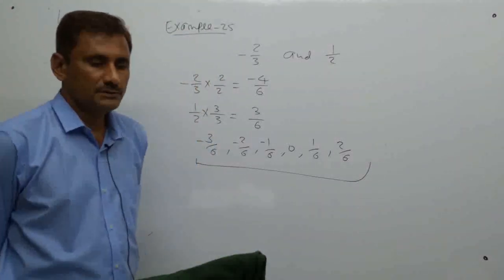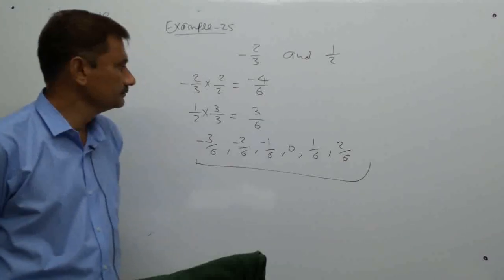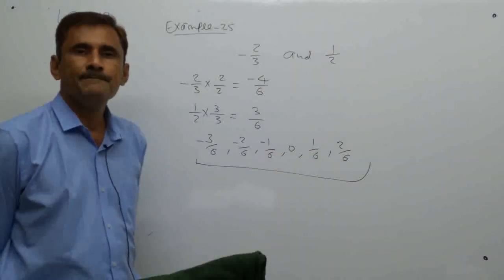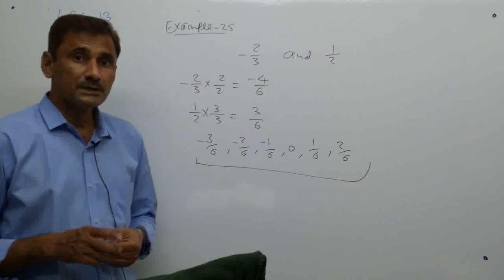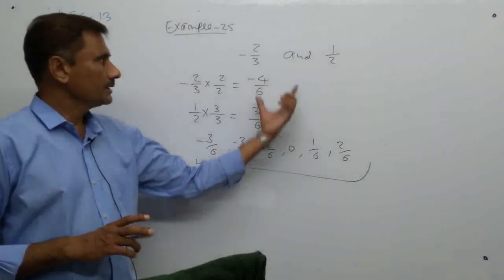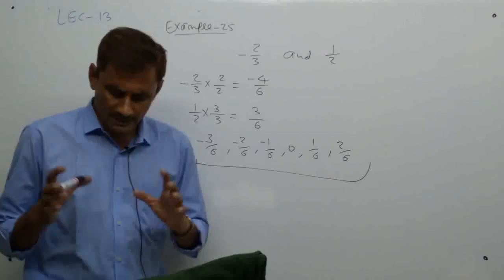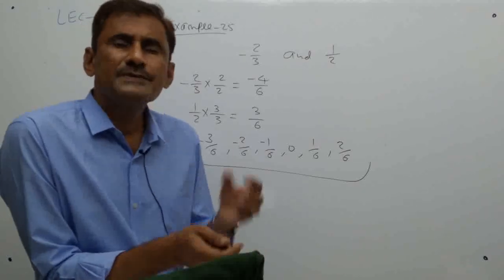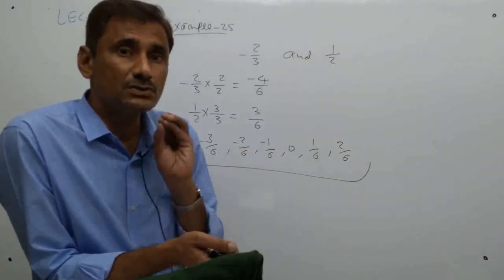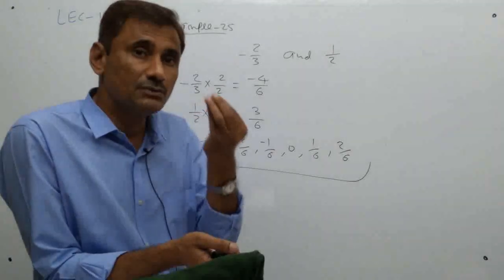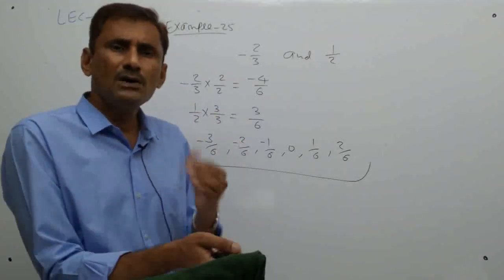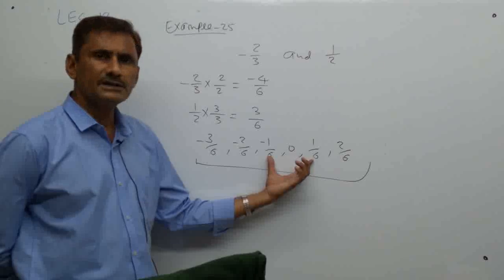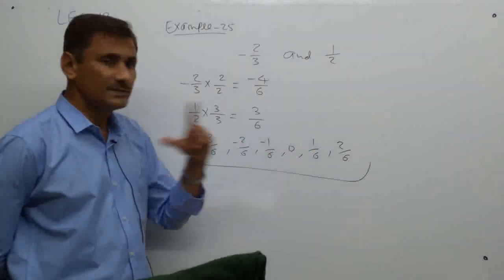Now look at the options. D is appropriate there. Minus 1 by 6, 1 by 6. Okay, so D is the option here. Actually this type of question is not suitable for asking in MCQ, because basically there are infinite rational numbers. So how to judge which are there? Even then here we easily get the answer. So minus 1 by 6 and 1 by 6 in between.